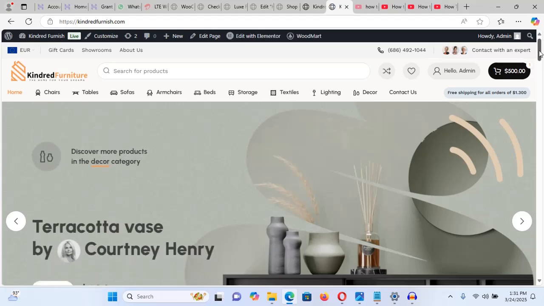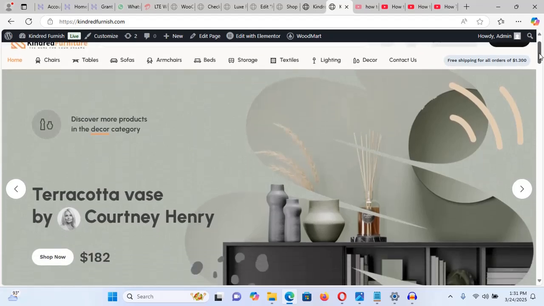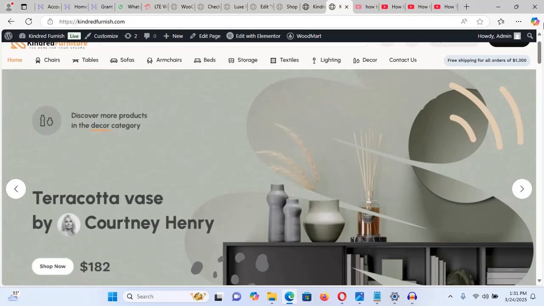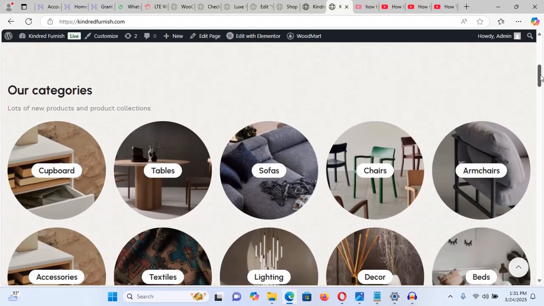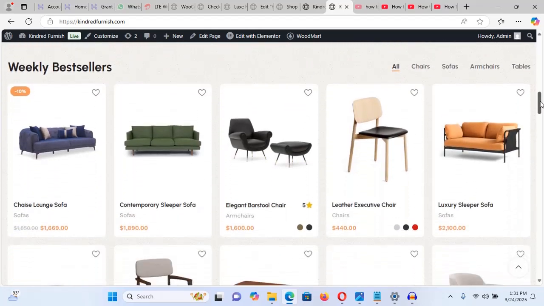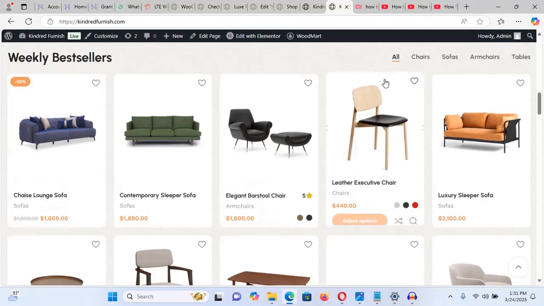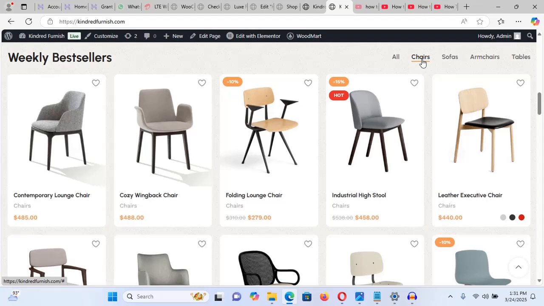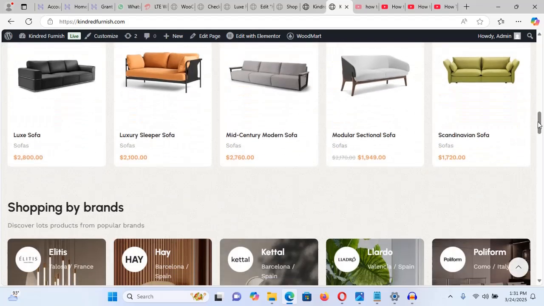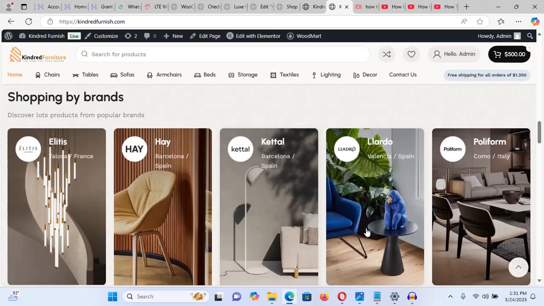In this video, I'm actually going to be showing you how to build a professional and stunning complete e-commerce website with a professional slider just like this, and then very professional categories of products in a very detailed layout format, including the products listed in tabs. You can simply come here and select the tab of the product you want, and the client can simply scroll down and also shop by brands just